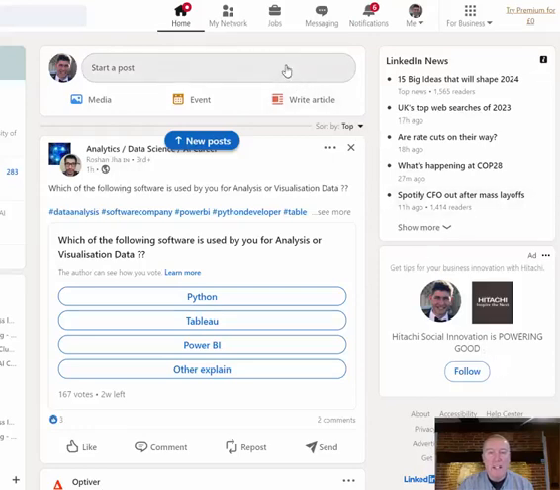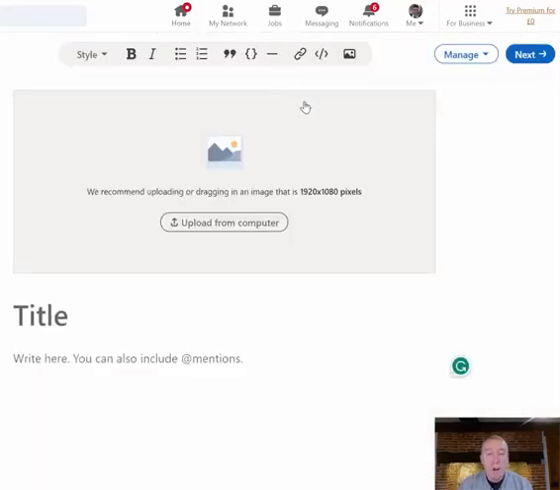From the home page on LinkedIn, you're going to click here into the starter post box and we're going to click on write article. If you are an admin of some company pages, then at this point you would see a menu pop up asking which profile or company page you want to write the article for. So at that point you would select either your personal profile or the company profile that you want to create